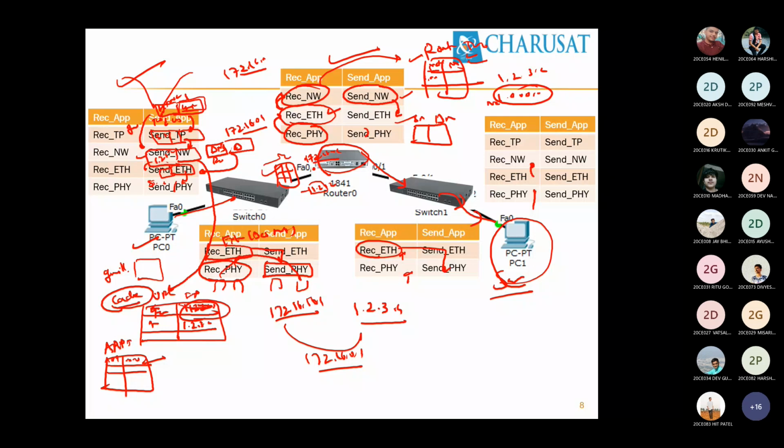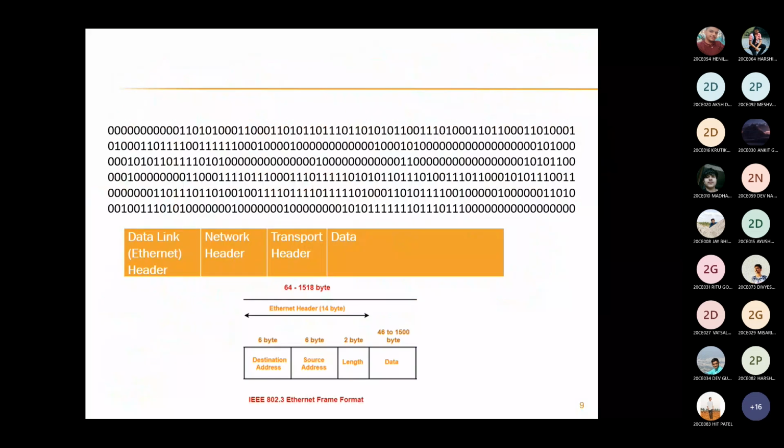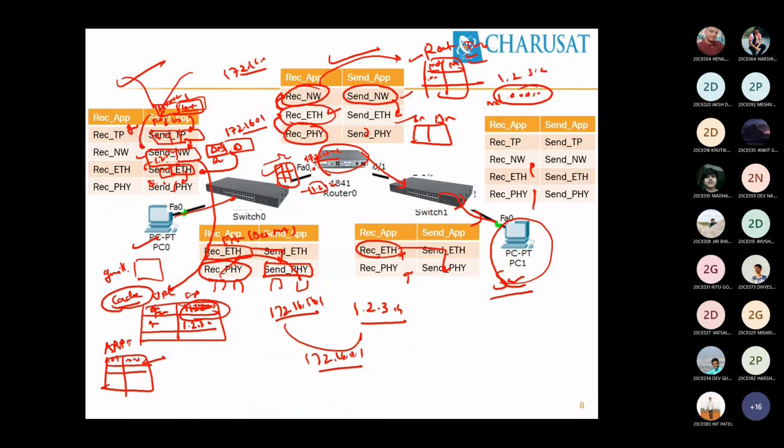Now, when the Ethernet header is removed, which header comes at the front? Ethernet header removed, it is a sequence of ones and zeros. For example, this is ones and zeros, and this part is the Ethernet header. These bits belong to the Ethernet header. If I remove these, which header starts from here? The network layer header, very simple. So the network layer will have its header at the front. So it will examine it. What is the destination IP? It's 1.2.3.4. It belongs to me. Yes, it belongs to me. Then it forwards to.